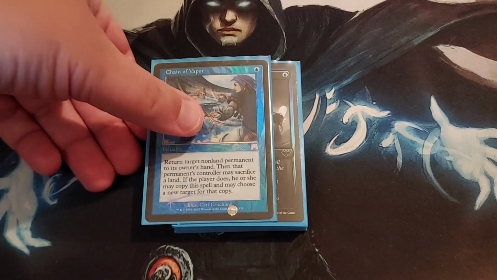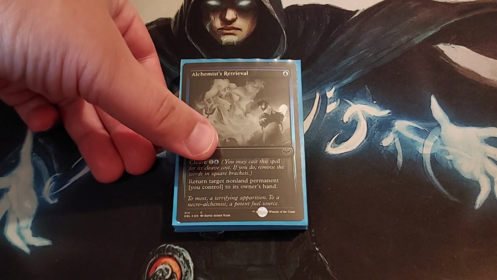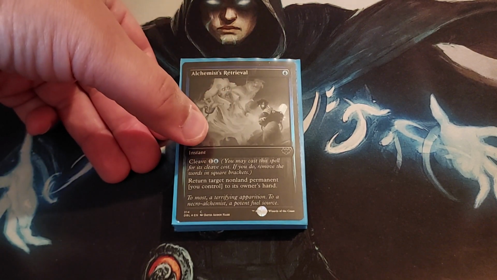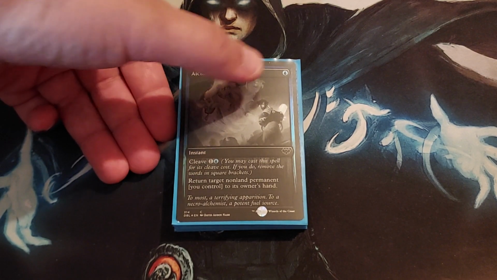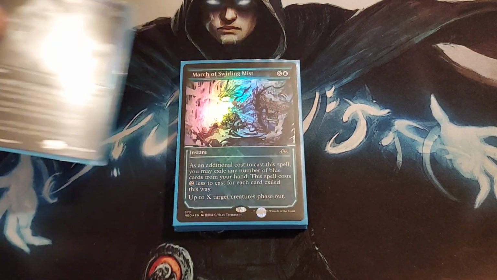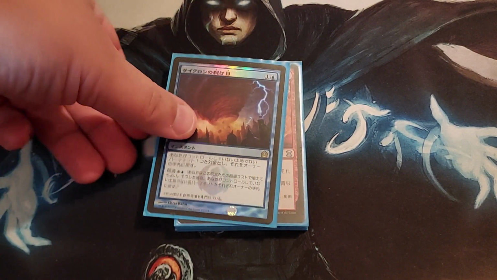Our removal package, we have a Chain of Vapor, Alchemist's Retrieval, which is a power crept Winds of Rebuke. It's just less cost at CMC. It matters in Ad Naus decks, and so you can just bounce back your own thing, or in an emergency, bounce back at opponent's stack speeds. March of Swirling Mists, Cyclonic Rift,